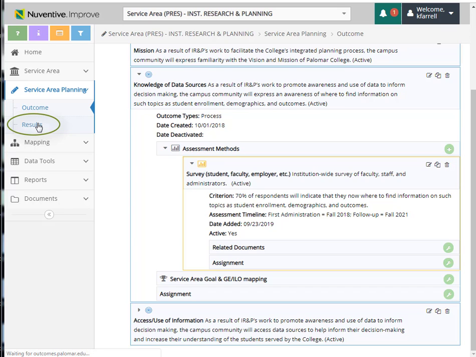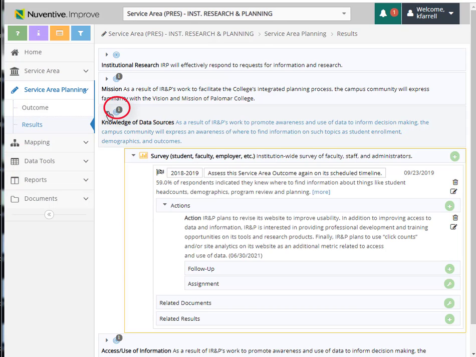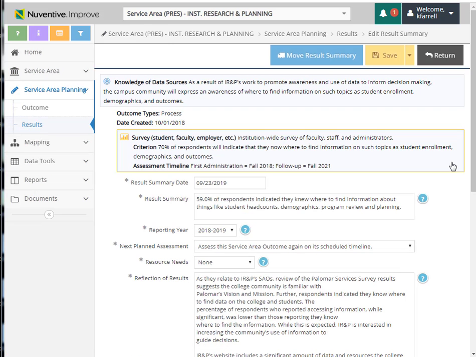Now let's look at how to add your assessment results. We'll begin by going over to the left-hand navigation and clicking on the results link. For this example unit, you'll see there has already been some results entered. So I'm going to click on one of the results just to show you the type of information you would include in your results. So I'm going to click here on this edit link just so we can take a